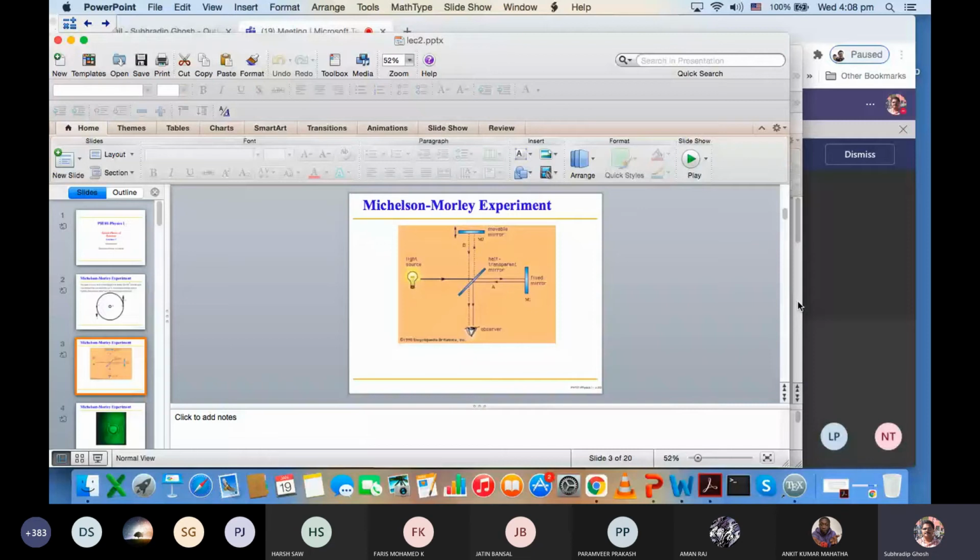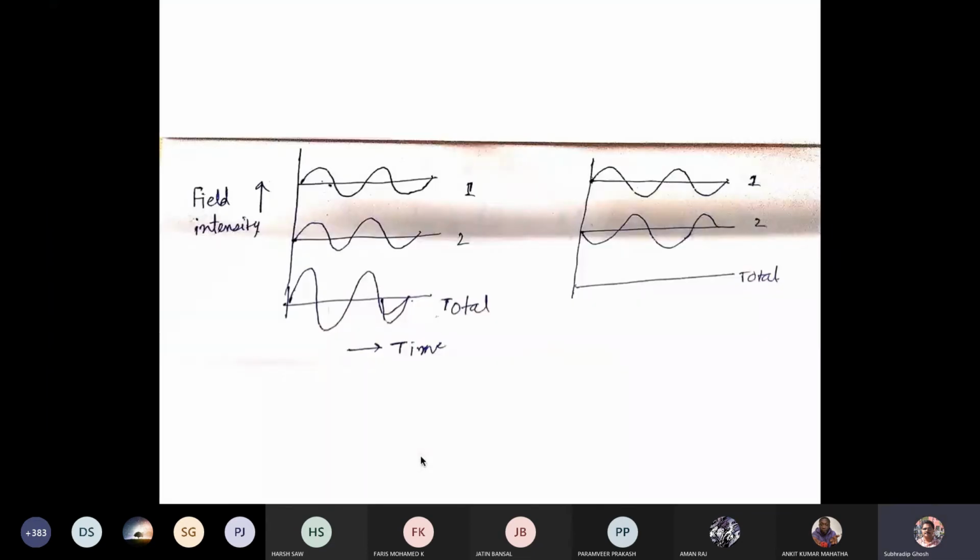Now let's go to this. All right. So over here, here I have drawn field intensity versus time. So here are the 2 waves, waves 1 and 2. Do you see that these 2 waves are completely in phase? That is, their peak is at the same value of t, happening at the same time. It's basically a sinusoidal wave, so they go to 0 also at the same time. So the cycles are together, and as a result, the interference pattern, the resultant field intensity that you will see